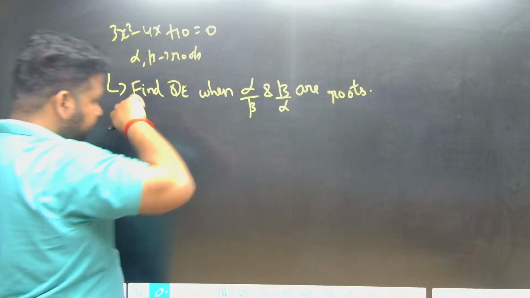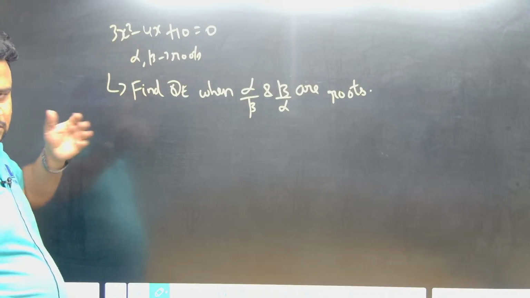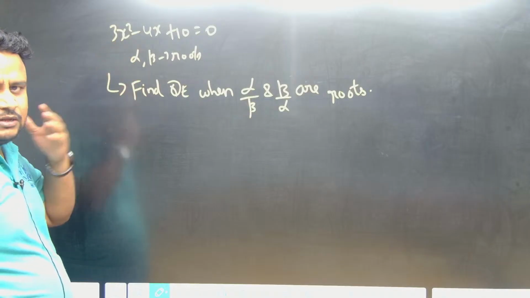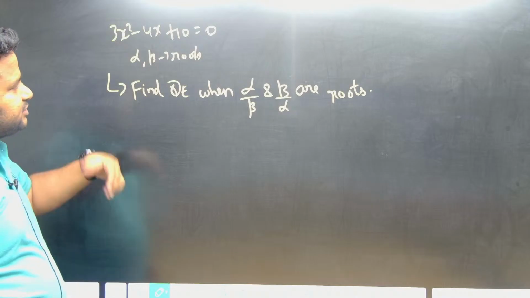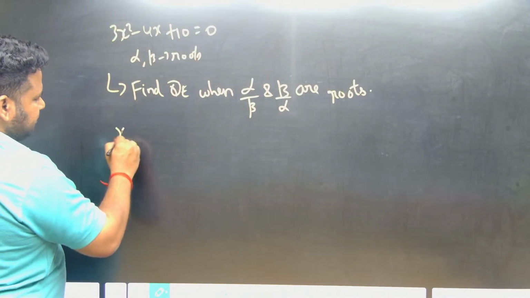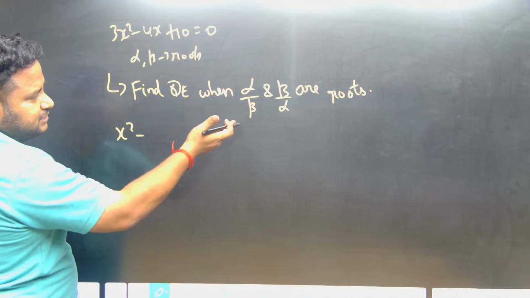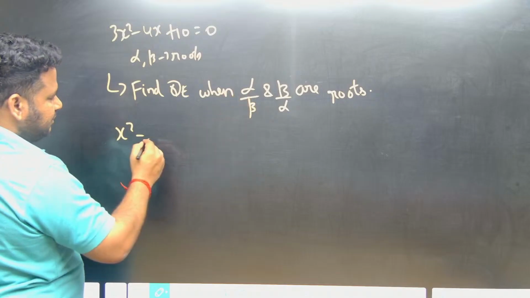Now what we should do? In the previous questions which we did, I told the logic that we can replace x. Here, instead of replacing, since the roots are given, I can write the quadratic equation as x square minus alpha plus beta into x plus alpha beta. But here the roots are alpha by beta and beta by alpha. So I can write this as